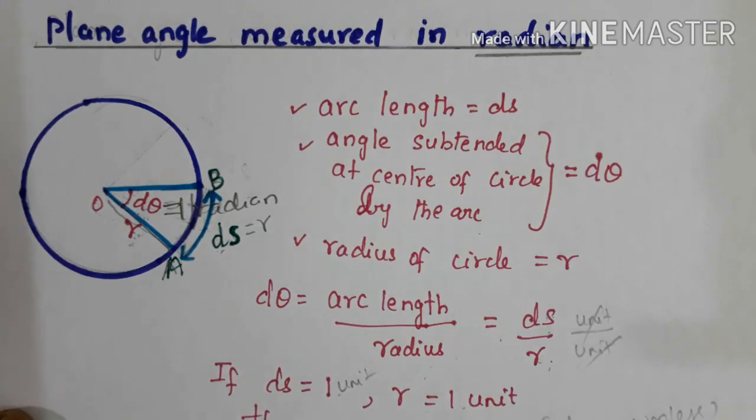Hello children, in this video you are going to learn about radian and steradian. Before going to that, do you know what a plane angle is? It is the angle you measure in a two-dimensional figure, like a circle. If you measure an angle in a circle, you will get a plane angle. You are familiar with the degree, right? Angle you measure in degrees.